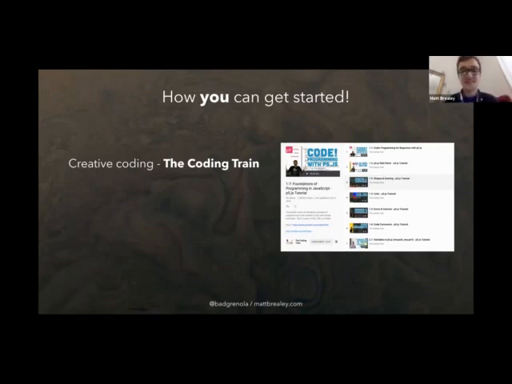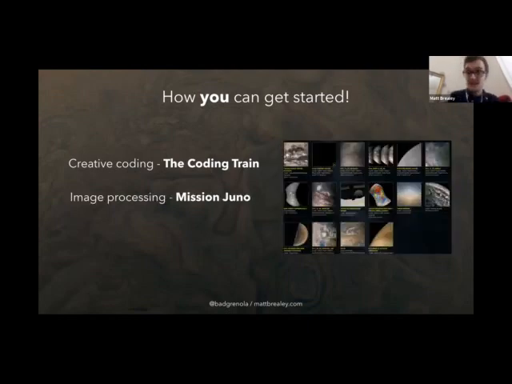If you're more interested in doing the art side of it, the non-coding side of it, you could go to that Mission Juno site that I showed you earlier. You could download any of the data from that, put it into something like Photoshop, and try and make your narrative, try and make your version of that image. If you want to zoom in on the Great Red Spot, or you want to look at a particular cloud and try and make it as dramatic as you can, you can do that, and you can post it on the Mission Juno site for other people to see,